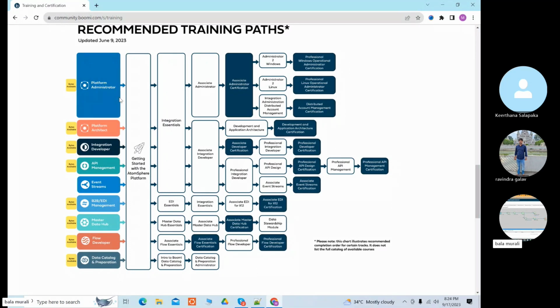Like now I'm explaining what I know from my end, but as of now, I have to teach you two things from here: the integration developer path and the B2B EDI management. These two things I have to do, and I'll make you do the certifications as well. I'll explain you all the course. So whatever doubts you're having, you can ask me. And one more thing I'm saying before only: for doing the certification, you need not need my help initially, because certification is an easy thing.